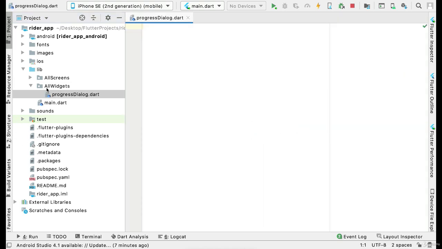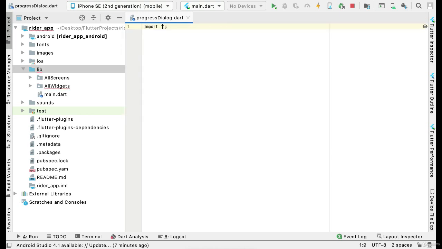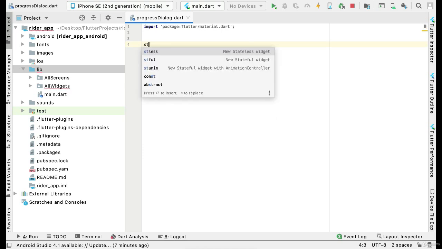So here you can see inside the all widgets our dart file, which is by name progress dialog, has been created here. Now let's import the material dart, and then here we can create the stateless widget, this one,